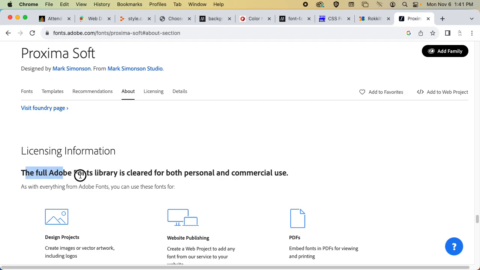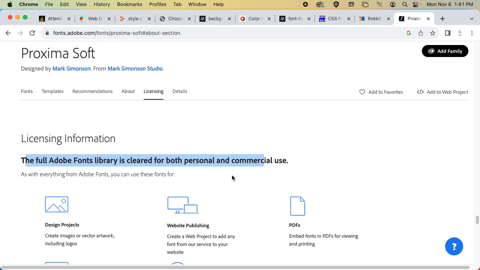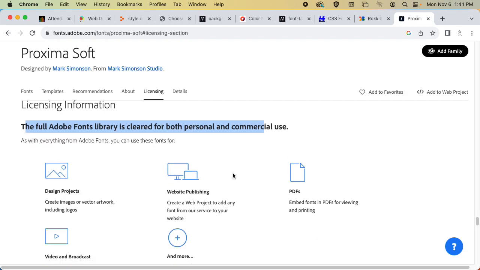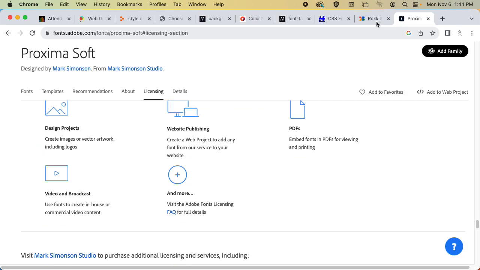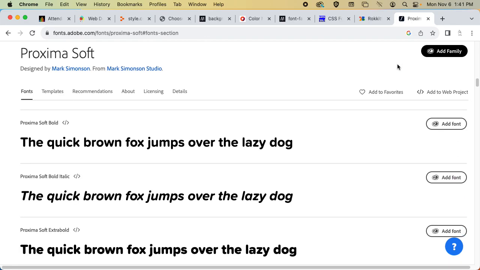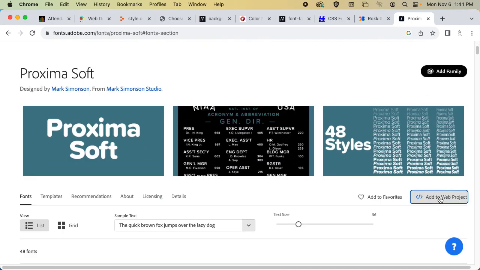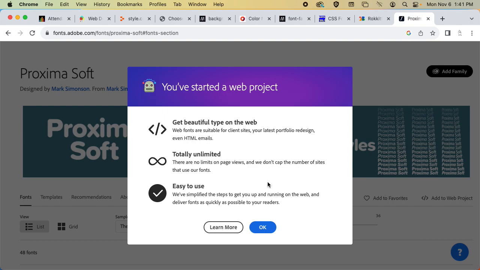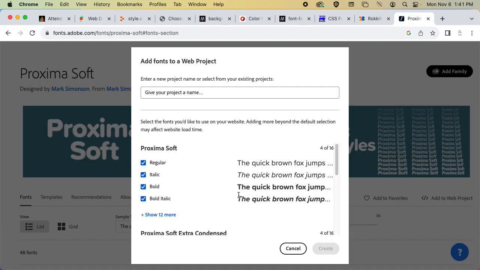So it says the full Adobe fonts library is cleared for both personal and commercial use. So it's basically saying I can use this font. I might look into this a little more if I was making like a commercial website, but it looks like I can use this. They actually have their own button, says add to web project. This is probably taking me somewhere else that I don't really want to go, but maybe this would actually do what I want it to do. But anyway,